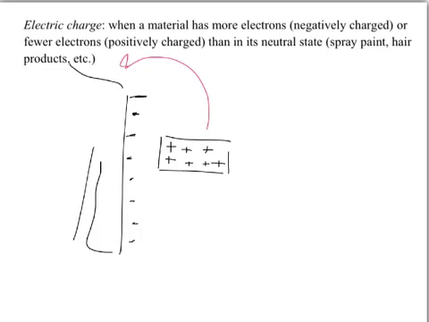Some examples of things that could be charged, like spray paint, for any artists out there. Those little aerosols, those particles, are electrically charged. That's what causes them to stick to the surface. Okay? Same thing with hairspray. Ladies, a lot of ladies use hairspray. Those are positively or